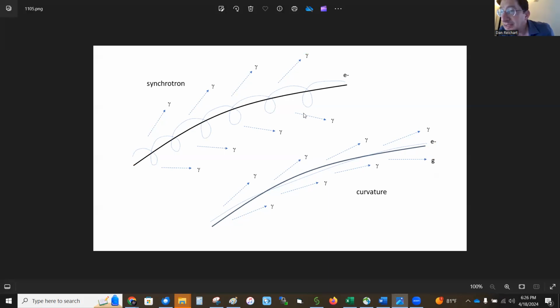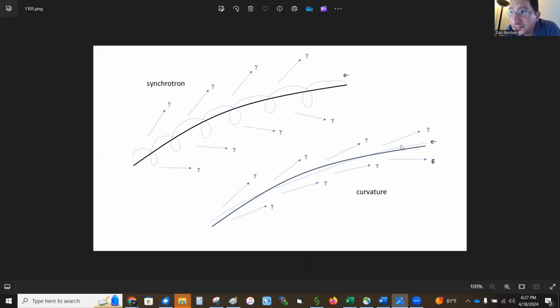Now, in the diagram below, same magnetic field line, except the charge is moving along it faster. It's still cycling around, but it has more forward motion than cycling motion. You can see here it's above, here it's below, so it is cycling. But as it moves along, the field line itself is curved. So it's being deflected more by the curvature of the field line than by its cycling around the field line. That's the subtle distinction. But it will release